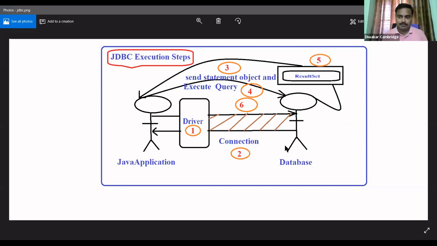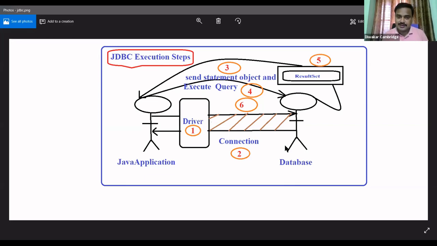After executing, you are going to get the table, and you send it to the Java application through the result set object. These are the 6 essential steps for JDBC connection.